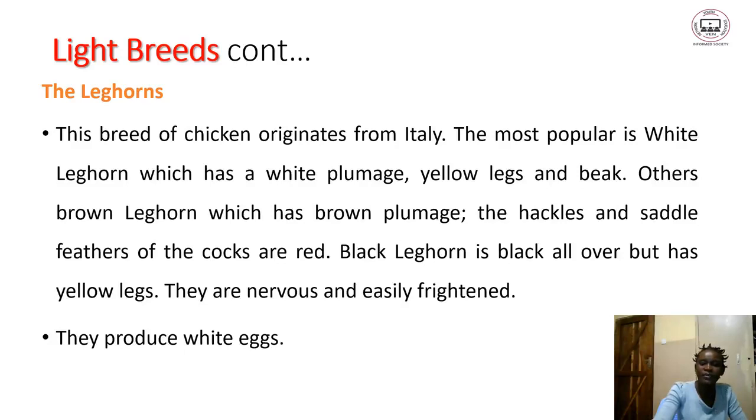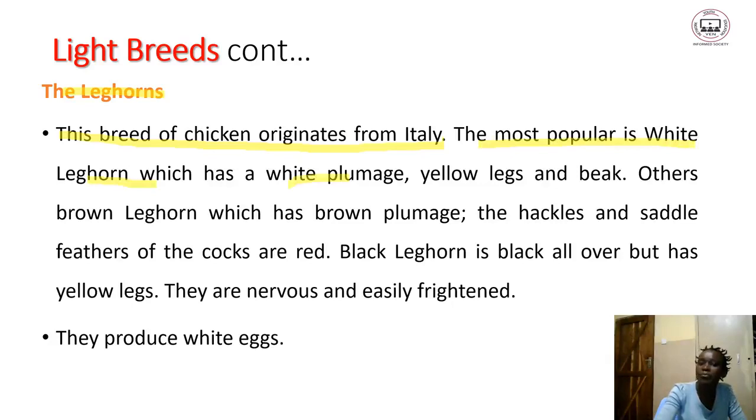We can describe a little further. I will mention an example of light layers. One of the examples is the leghorn. I think we can describe a little bit on leghorns. This breed of chicken originates from Italy. The most popular is white leghorn,